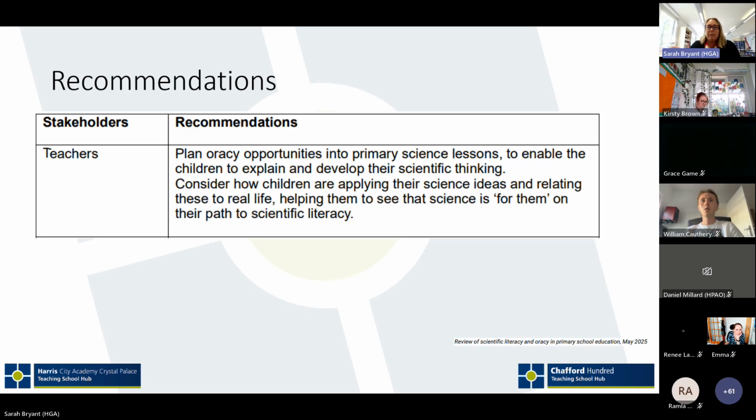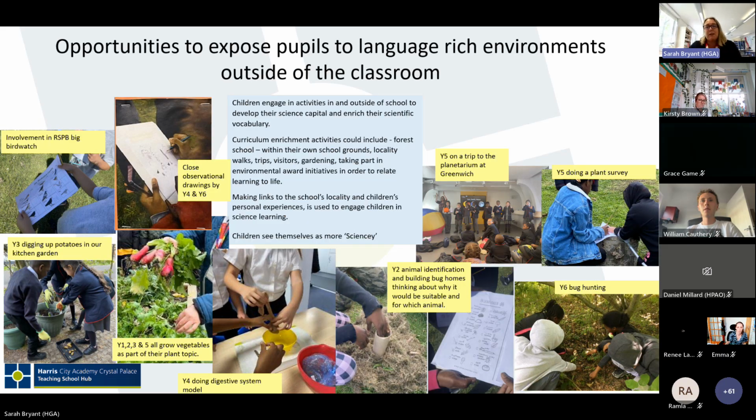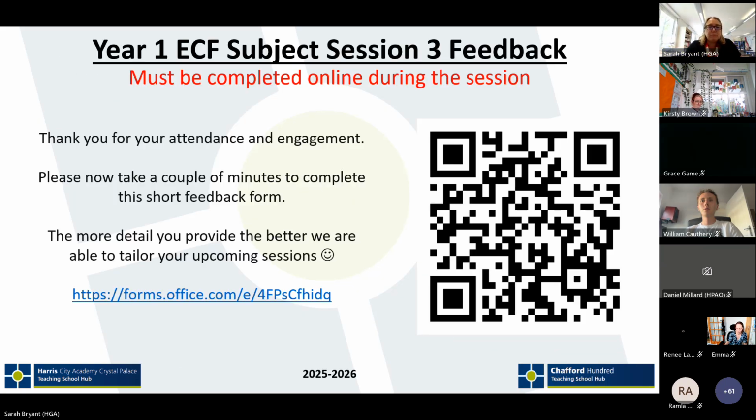So really getting the children early to see themselves as scientists when they are outdoors, when they're exploring, when they are doing all these things. And it's not just about a person in a lab with a white coat. That is not science. There are so many other science careers and opportunities out there that don't come to their mind. So while I'm going through my top takeaways,